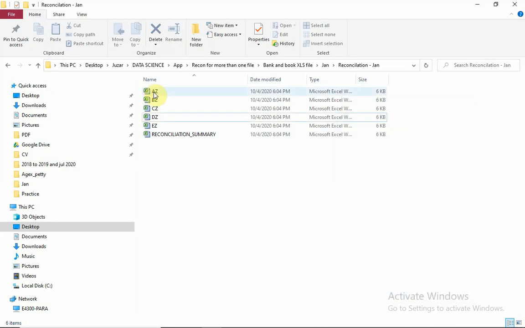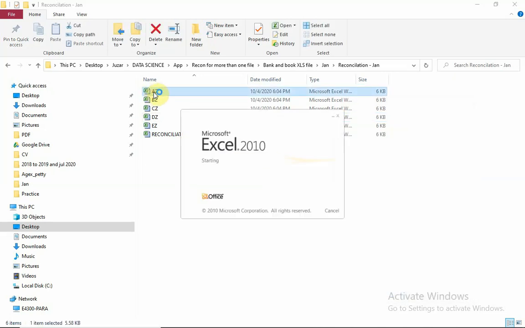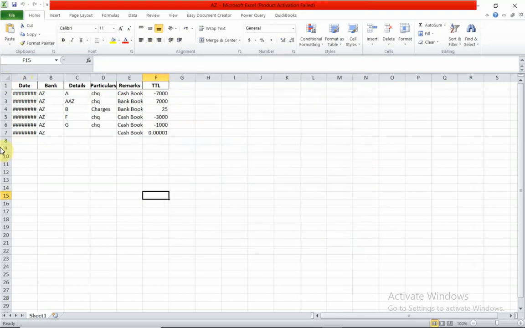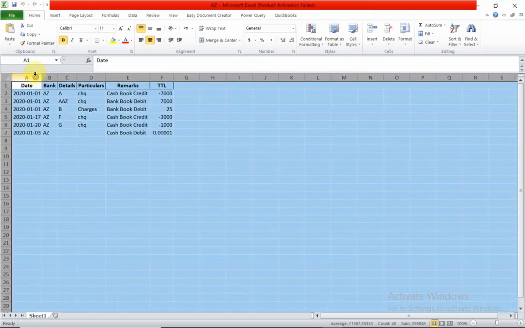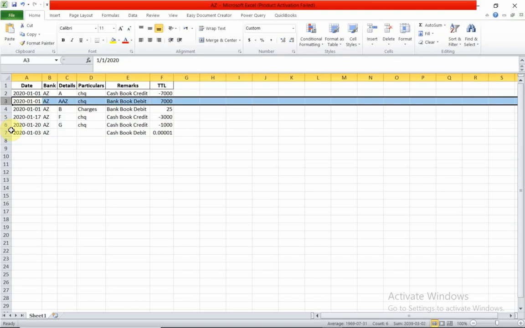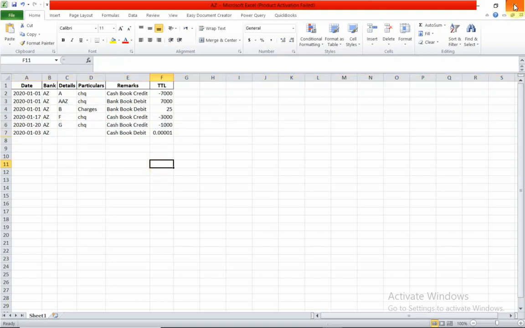Now let's check it out. See, now here if you see, the reconciliation is made, and only those items whose details are not matching are staying here.